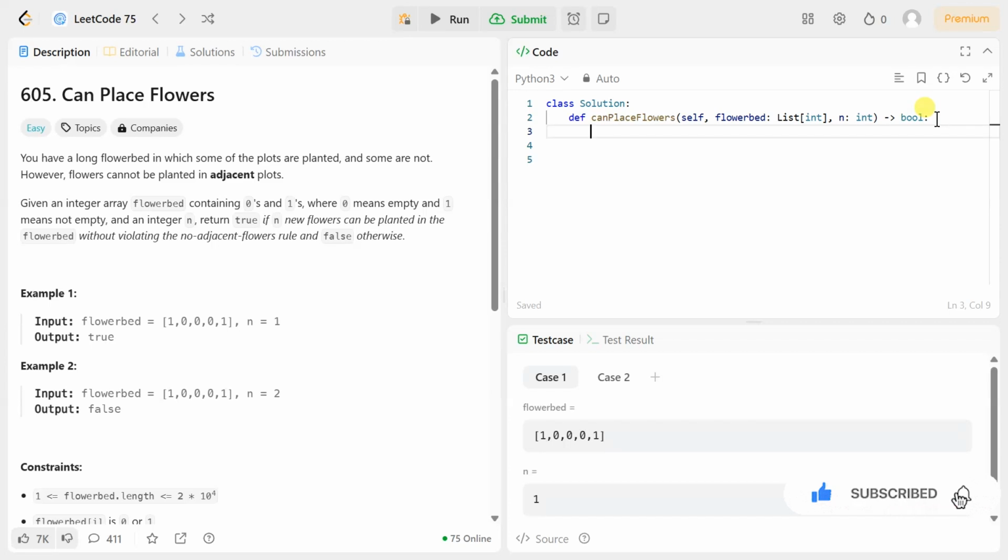We have two inputs. The first one is flowerbed, that is a list, and the second one is n. Here flowerbed is the array that we have mentioned earlier, and n is the number of new flowers that have to be planted. So we will create a new variable length, and the length will be len of flowerbed. Then we will loop through this length, for i in range of length,